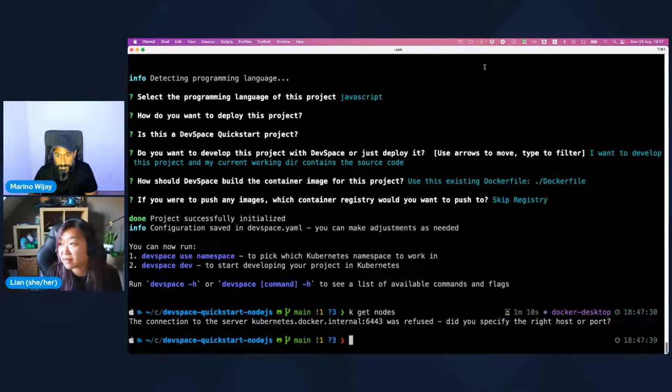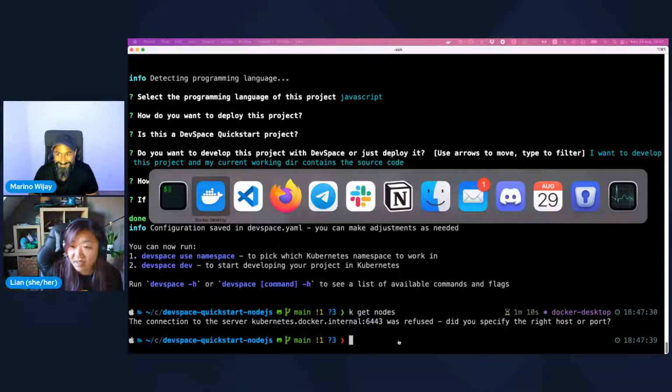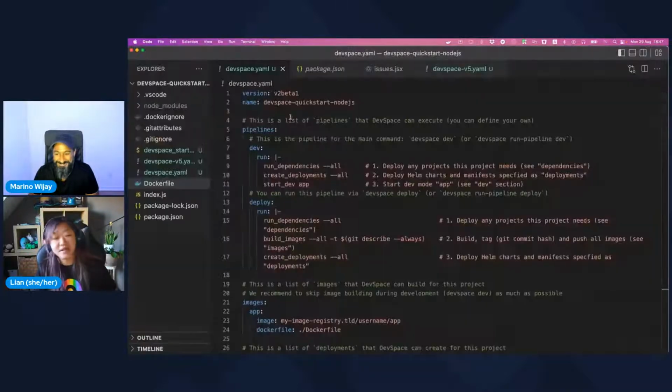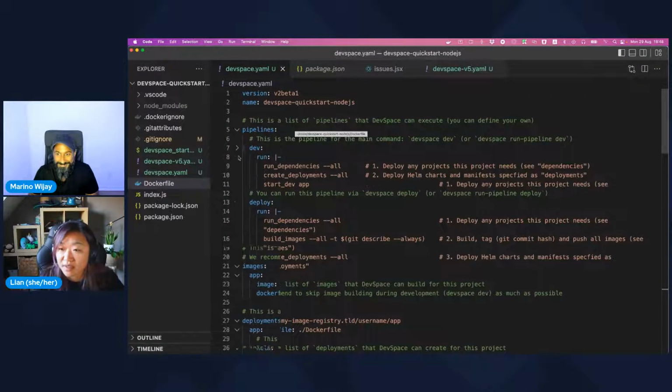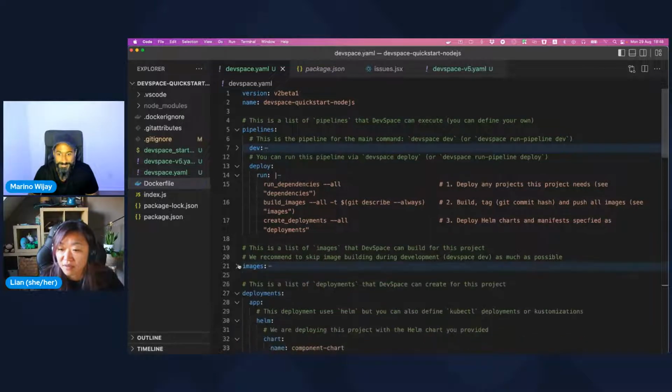Okay, now it might take between 1 and 20 minutes to start Docker Desktop. You know how it is. While I'm waiting for Docker Desktop, I'll just show you quickly a couple of things that are cool and